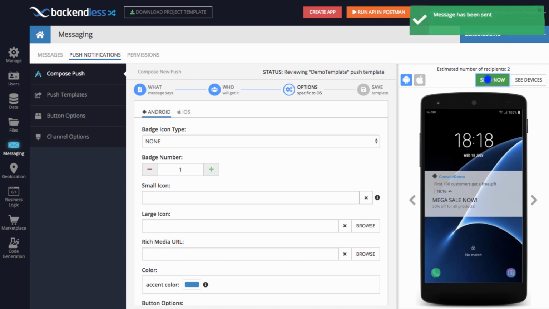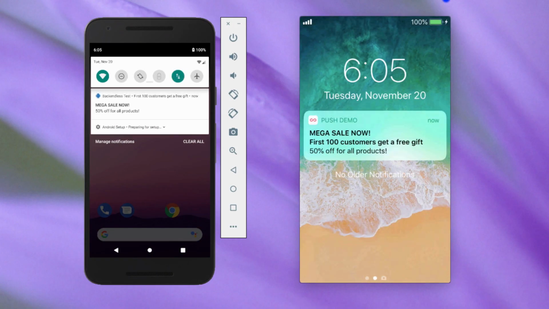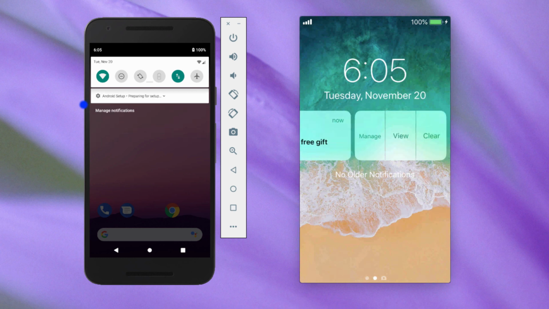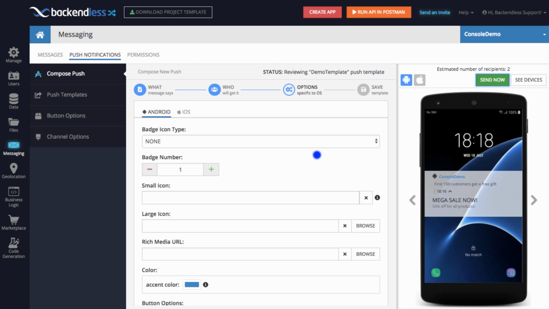I will click the Send Now button, a notification went out, and here on our devices we see that notification arriving both to the Android device and to the iOS device. As far as the content of the notification, it's exactly what we put in the content section, meaning the one that is titled as what the notification will say. I will dismiss both notifications,